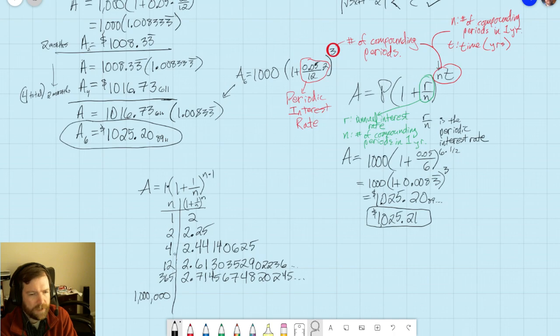At this point, he did not have the calculation ability to just jump to, let's take a millionth and raise it a million times. Nobody has time for that. So there are other calculus methods to figure this stuff out at higher values. I don't even know what they are, but